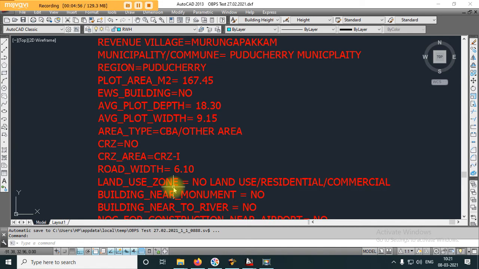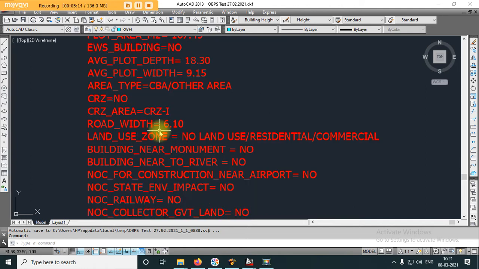Then land use zone. Coming to Mahe, there is no land use. For other regions like Karaikal and Yanam, there would be some land use for the site, that is residential, commercial or rural area likewise. Then you need to declare whether the building is near a monument, or whether the building is abutting a river or nearer to a river.